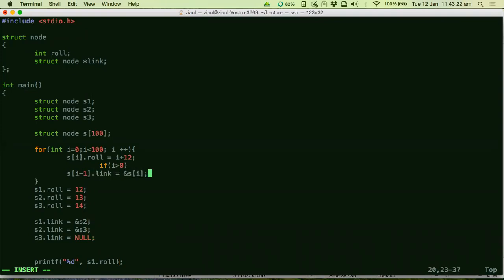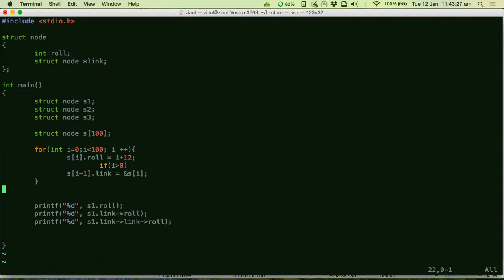Okay, so. You get it? Yes, yes. And finally, when you are out from here, what do you do? The very last, you say null. By doing this null, what you are saying is you are grounding that link, right? You just don't leave it. You just explicitly say there is nothing that it is pointing to.